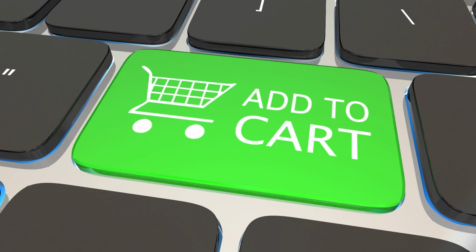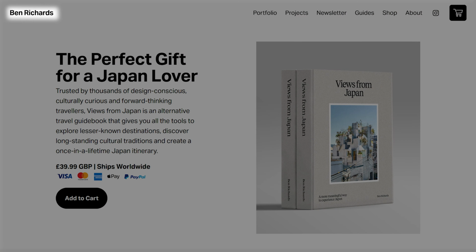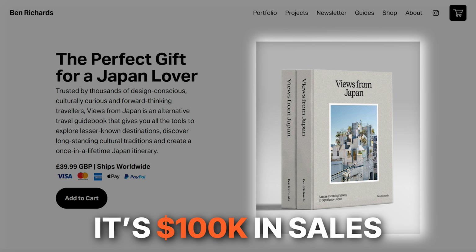And this sell it before you build approach isn't just a strategy small creators use, because major brands like Tesla use it for all of their new car launches. Also, my friend Ben used it to launch his Views from Japan photo book, which generated over $100,000 in sales before production even began. So please do not make the same mistake I made of locking yourself away and building